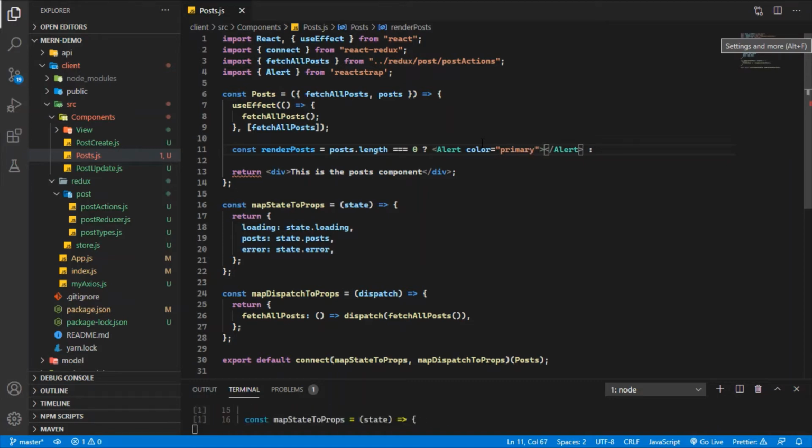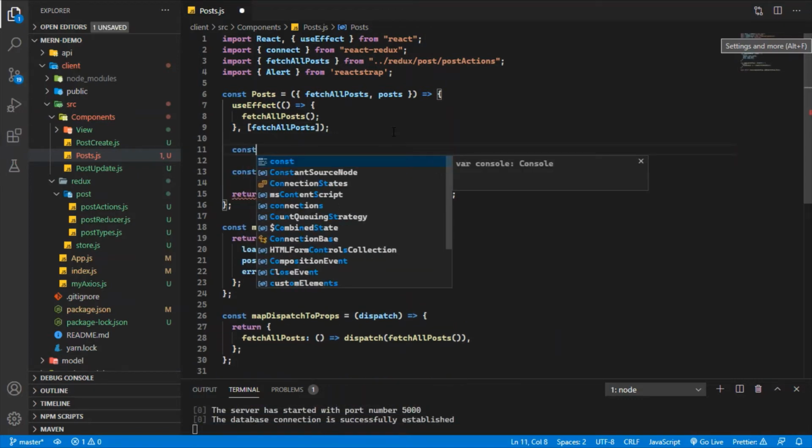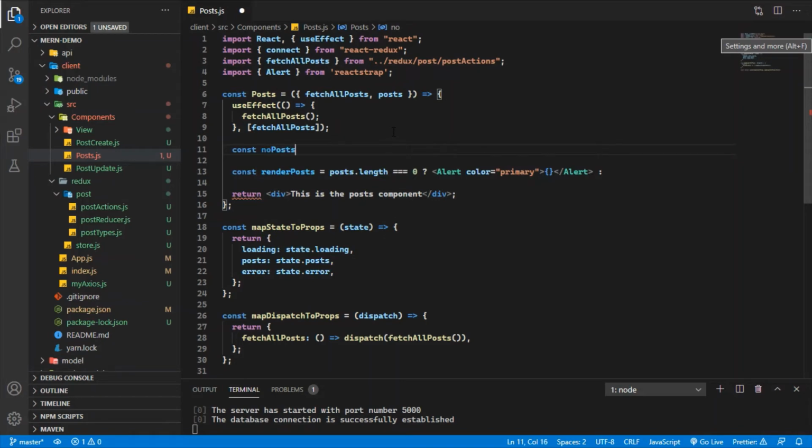Then here I'm going to give it a string value or message. Let me create the message in another variable, noPostMessage, and this will say that there are no posts. So this is it, and now I'm going to mention the variable name here.